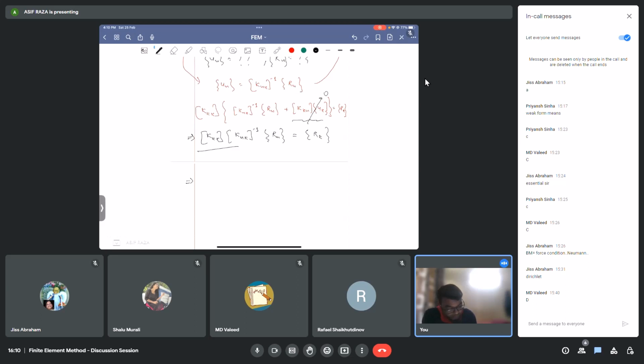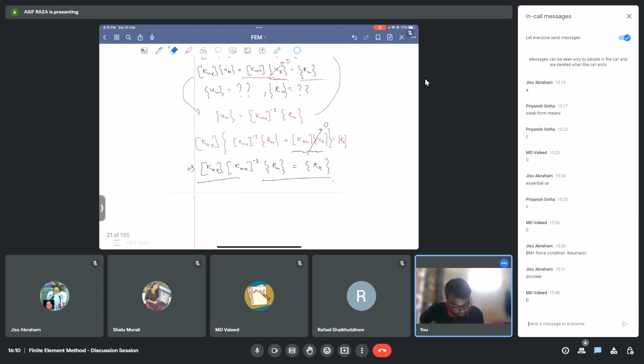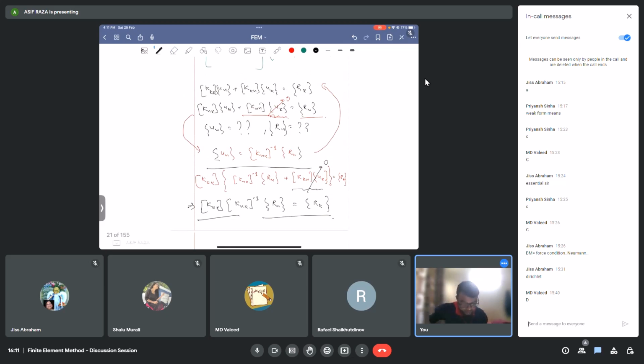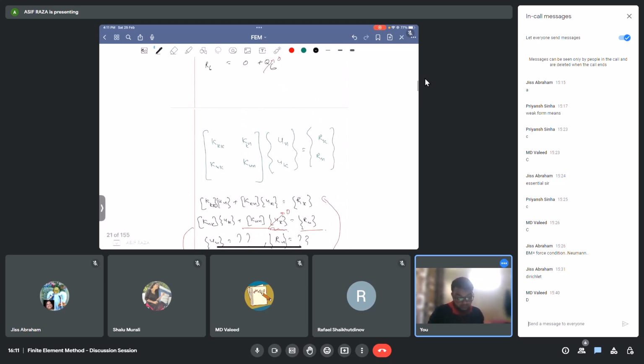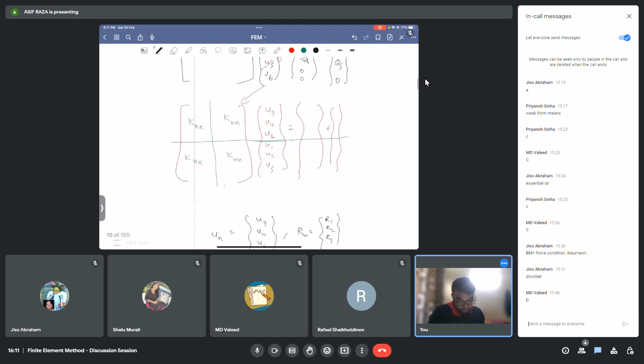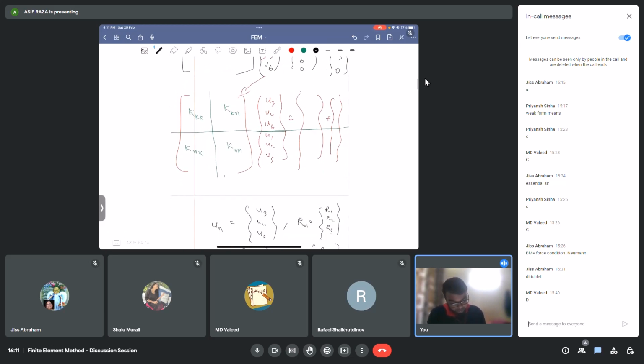So this thing will give me Rn, and this equation will give me... I've made a mess, so I better clarify. I'll just write how it's solved. Okay, so